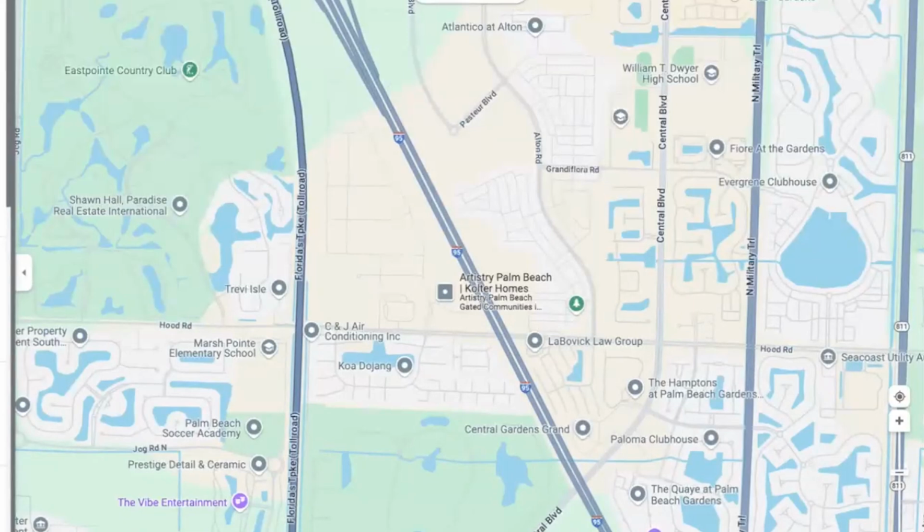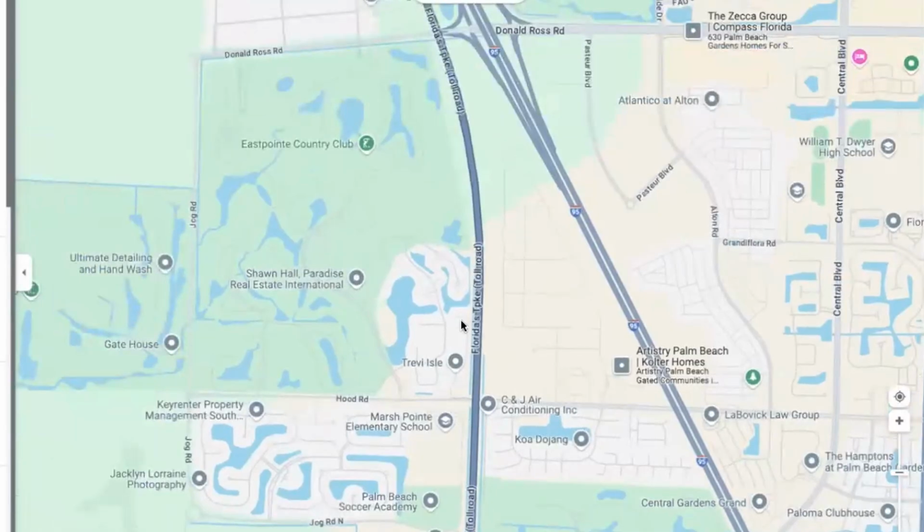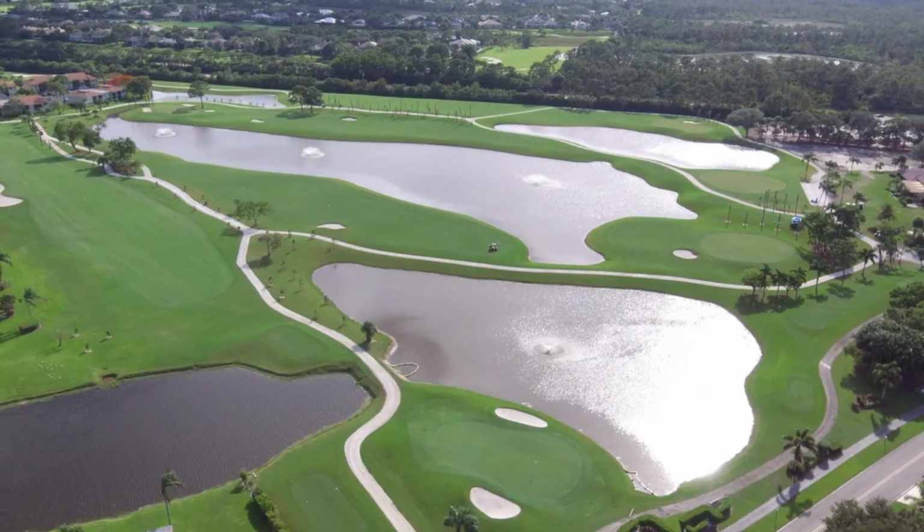So next, I'm going to go a little further, just west of, so here's Artistry, just west of the Turnpike, which again, like I've pointed out, the Turnpike and 95 are very close here, whereas if you were down south in Boca or something, or Delray, there's a lot more distance between 95 and the Turnpike. So here we've got East Point Country Club, and this, I mean, back in the day, this was developed before all this Eastern stuff was developed, because this was all still in the MacArthur Foundation. And so East Point